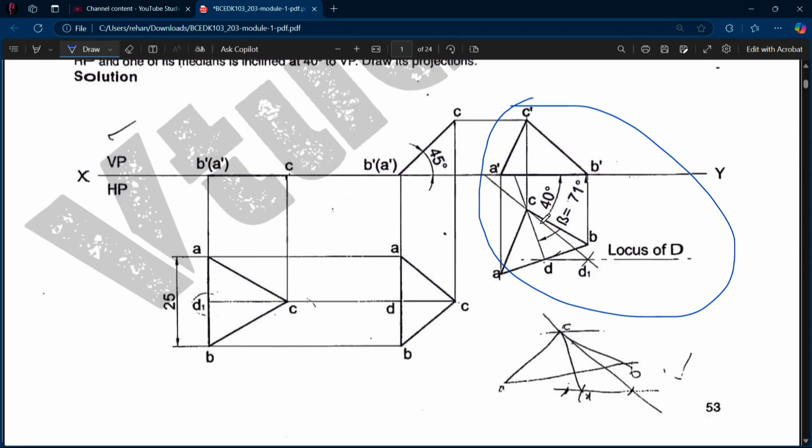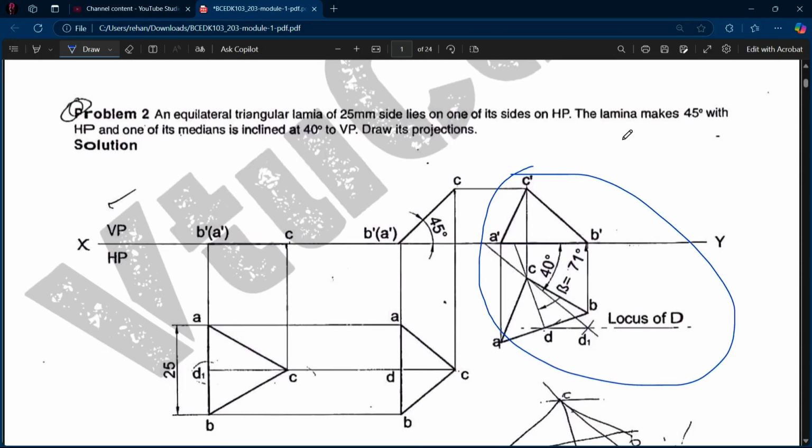So now here what he's saying is the lamina makes 45 degrees with HP and one of its medians is inclined at 40 degrees to VP. So 45 degrees for HP they have said, but for VP it's not the side that is inclined, but this median, you can see, this line over here. My accuracy was almost good, but okay, no problem. So this median line, if I have to make it dark, see, this median line is inclined to VP at 40 degrees. So there is a small step for that, which I'll explain while explaining